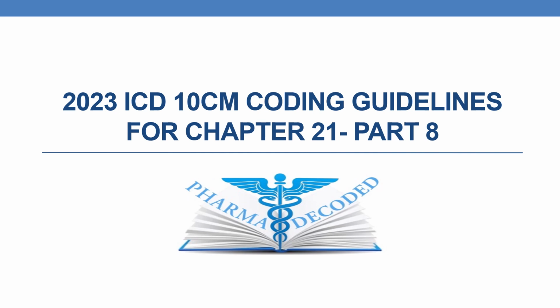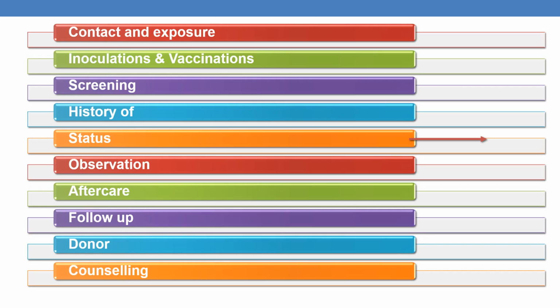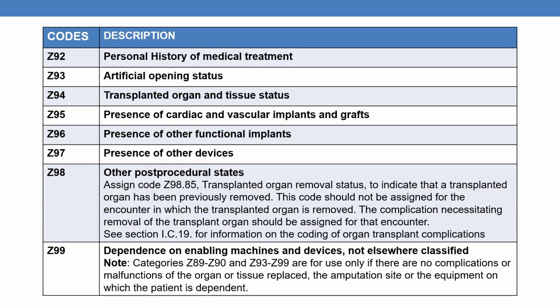Hello everyone, now let us discuss the 2023 ICD-10-CM coding guidelines for Chapter 21, Part 8. As we have discussed earlier, Chapter 21 mainly deals with the Z codes, that are factors influencing health status and contact with health services. In the current session, we will be completing the entire status codes, the Z codes that are pertinent to status. In this session, we will be discussing Z92, which is personal history of